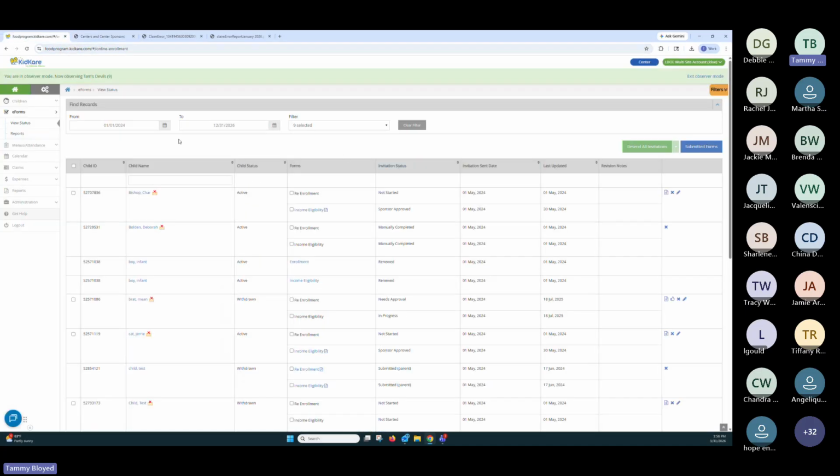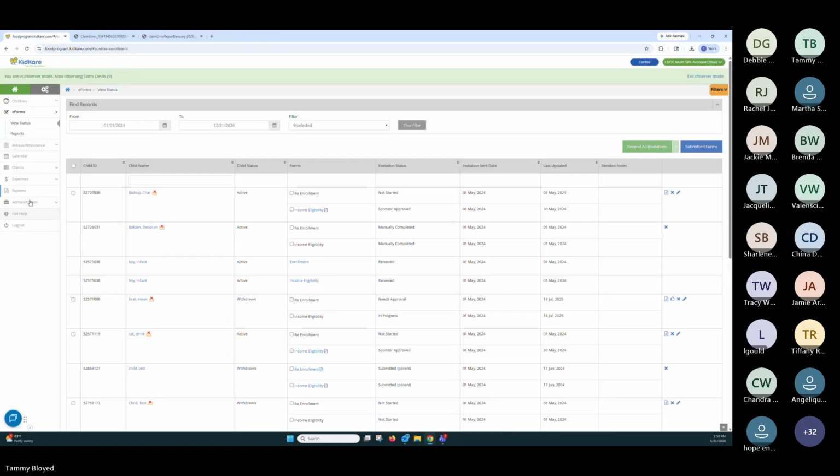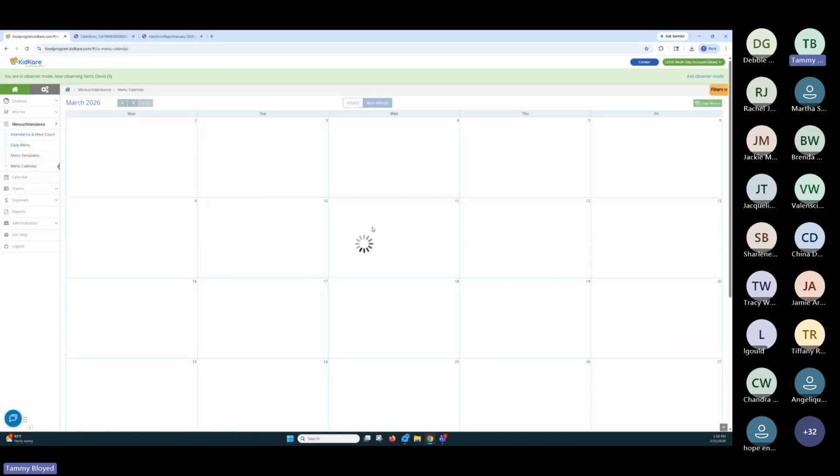Copy and pasting the infant menus honestly looks just like what we did with the other one. I can absolutely do it if you want, but it's going to come down to that copy menus and just pay attention to the dates you're using.